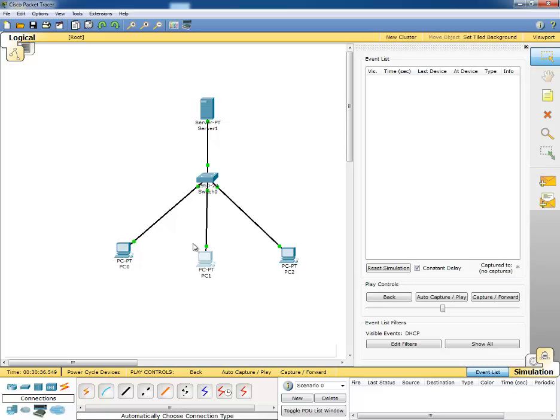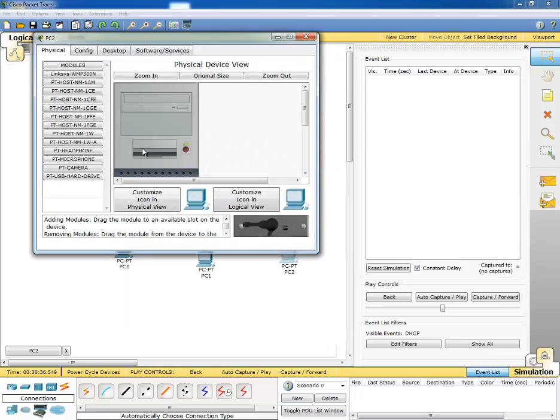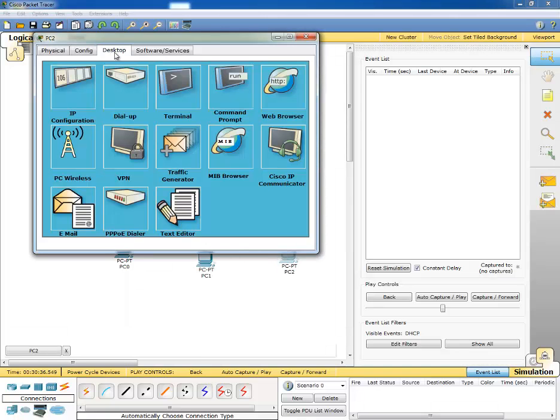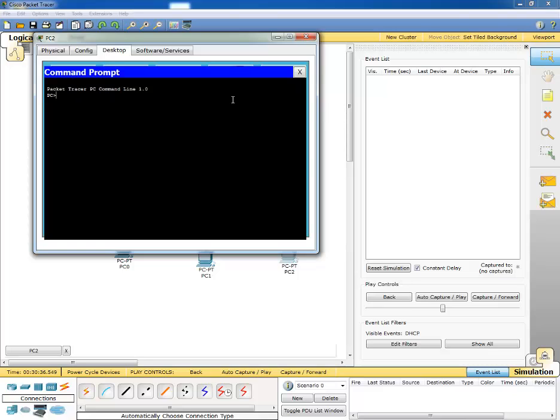Earlier I mentioned that there are three ways of getting an IP address dynamically assigned: booting up, reconnecting, or forcing an entry. Most of the time, you don't want to reboot your computer just to receive an IP address. So in this part of the demonstration, I will show you how to go to a PC, enter a command that will release a current address, and renew for a new address. Let me click on PC2, click on the Desktop tab, click on the command prompt, and I'm going to type in ipconfig